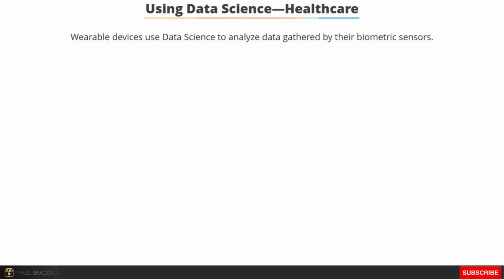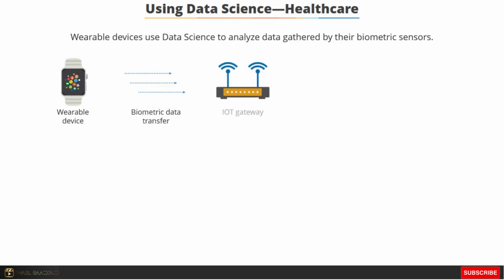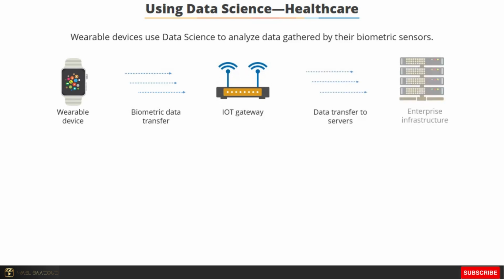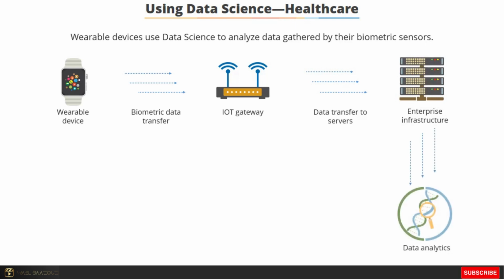But how does data science help you? Today, even the healthcare industry is beginning to tap into the various applications of data science. To understand this, let's look at wearable devices. These devices have biometric sensors and a built-in processor to gather data from your body when you are wearing them. They transmit this data to the big data analytics platform via the IoT gateway. Ideally, the platform collects hundreds of thousands of data points, and the collected data is ingested into the system for further processing. The Big Data Analytics platform applies data models created by data scientists and extracts the information that is